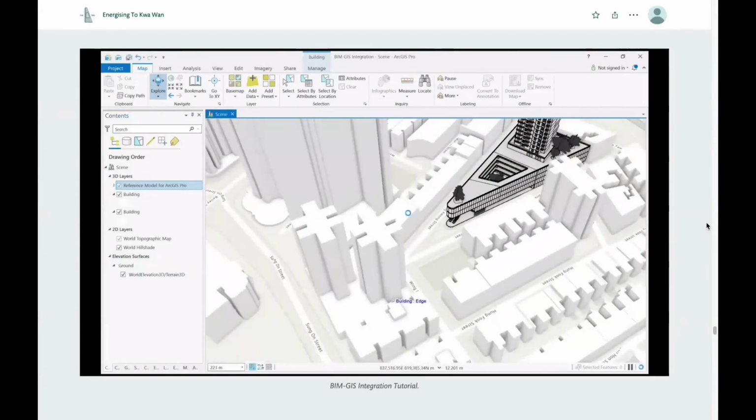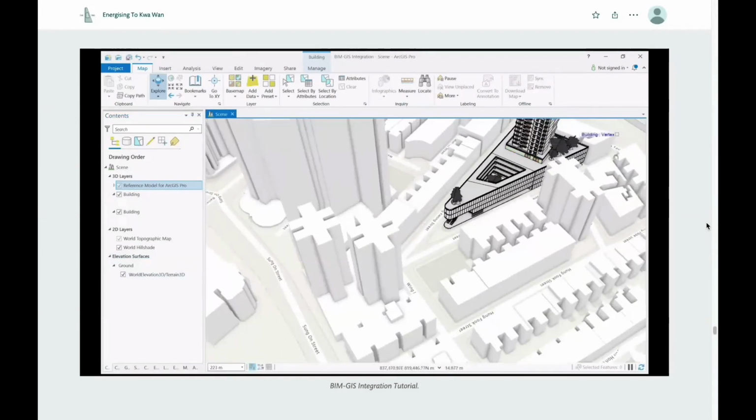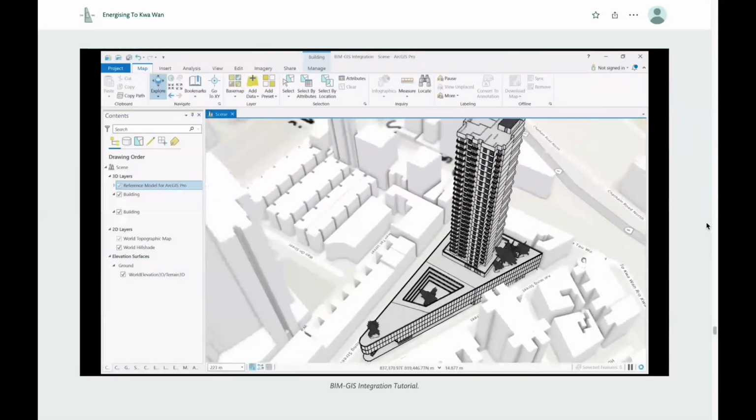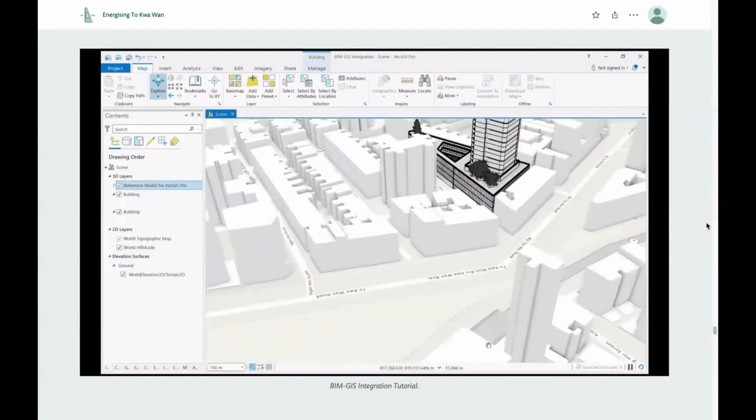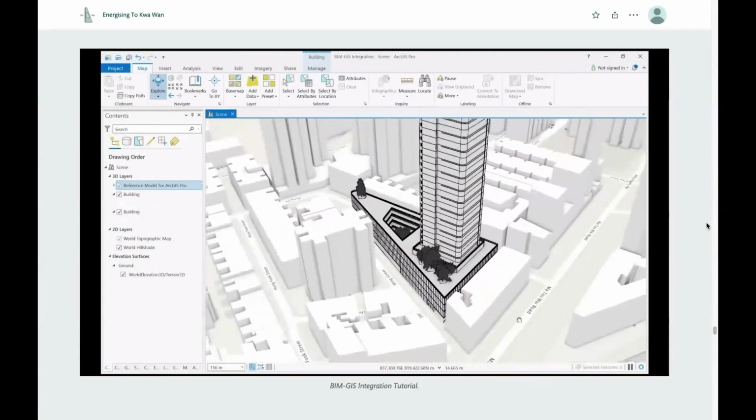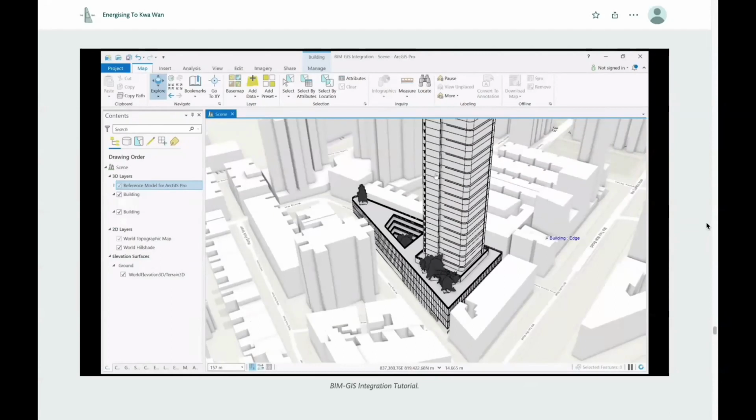And this is how we can import the whole BIM model into the ArcGIS environment and set up a digital foundation for the CIM analysis. As you can see here, everything will be in 3D.